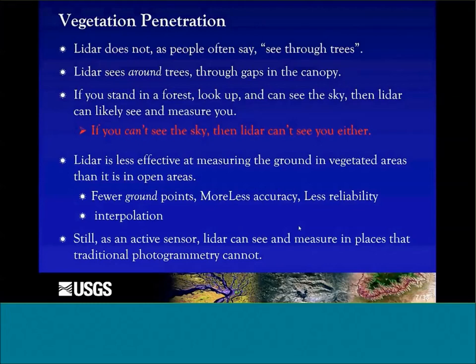LIDAR is less effective at measuring the ground in vegetated areas than it is in open areas. Fewer points are going to make it to the ground. You will have less accuracy, less reliability, because there's more interpolation going on between the points on the ground. But still, as an active sensor, LIDAR can see and measure in places that you could not measure in traditional